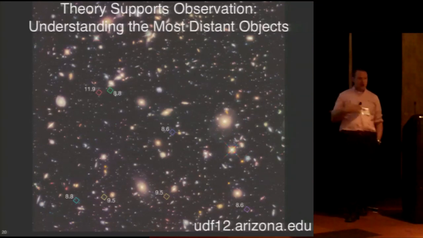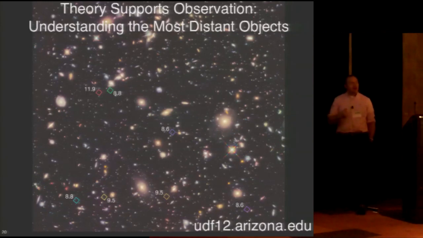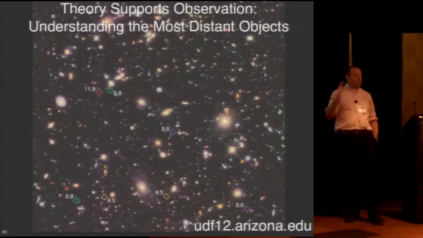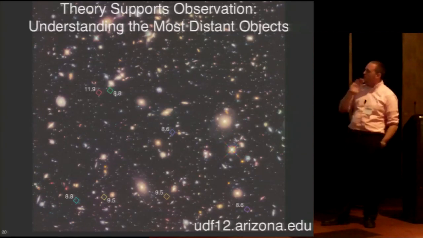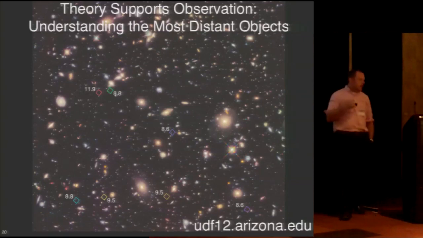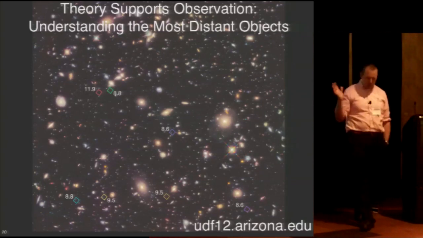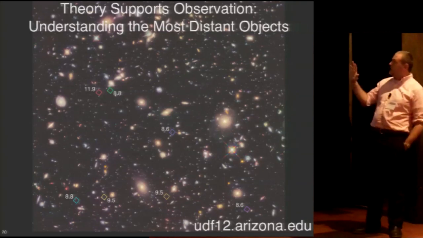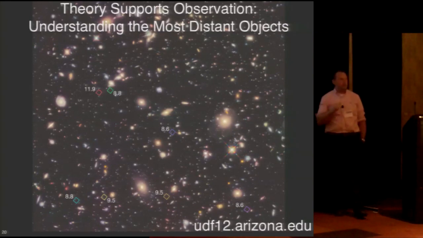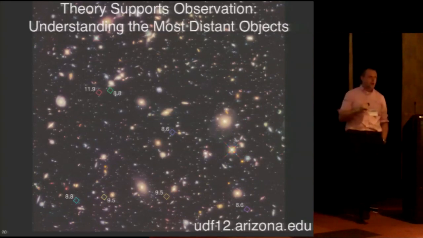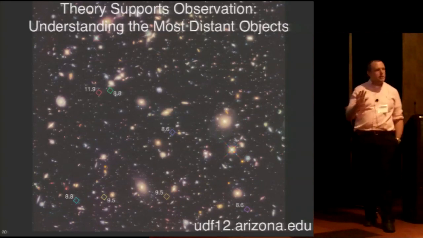The theorists, we don't get quite as much money as that because we're cheaper, but nonetheless, we want to support these very expensive endeavors that our observational colleagues are undertaking. And so here I'm showing you a project that I helped engineer when I was a postdoc at Caltech, and now that I'm a professor at Arizona, we just got the data last fall. This is the deepest ever image taken by any telescope. This is an image from the Hubble Space Telescope peering back in a region called the ultra-deep field.